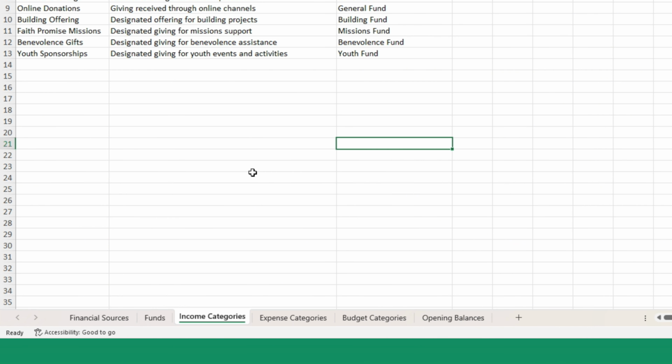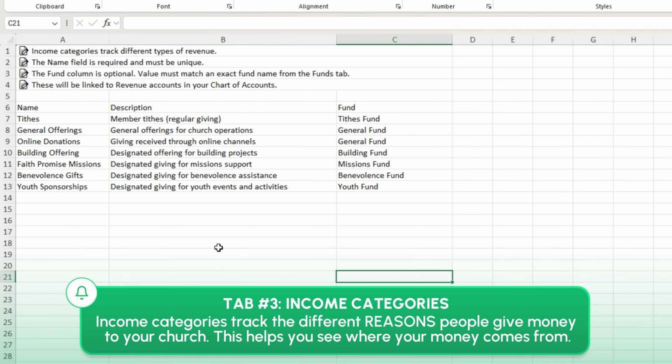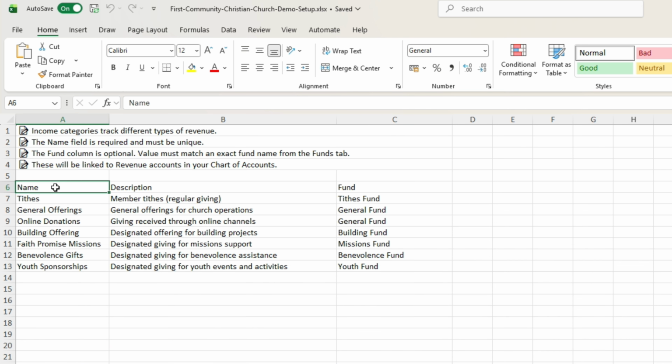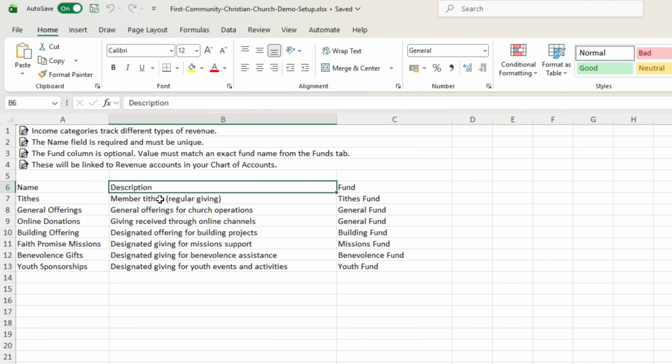For the third tab, income categories. What is this tab for? Income categories track the different reasons people give money to your church. This helps you see where your money comes from. The columns are name, the category name, which is a required field. Description: what is the income type?